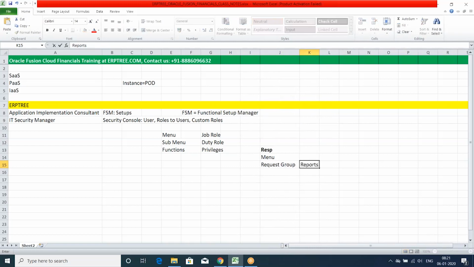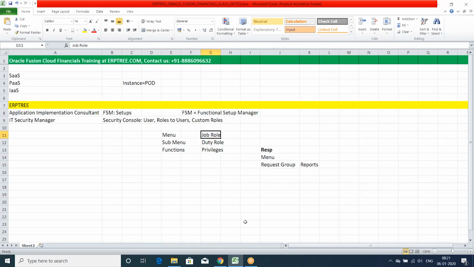But in Fusion, both of these we have within the job role only. With the privileges you can have all the functions, and within the job role itself you can include the reports whatever this job requires.